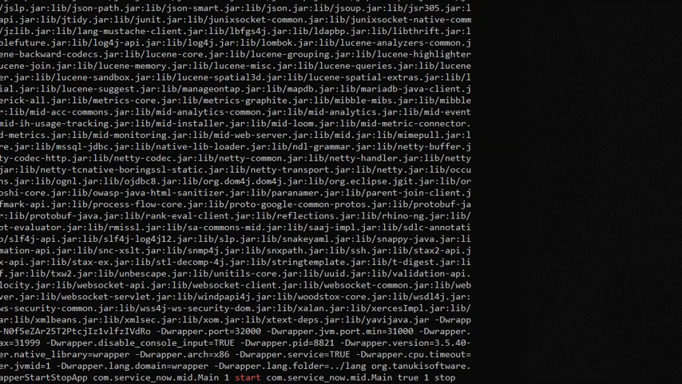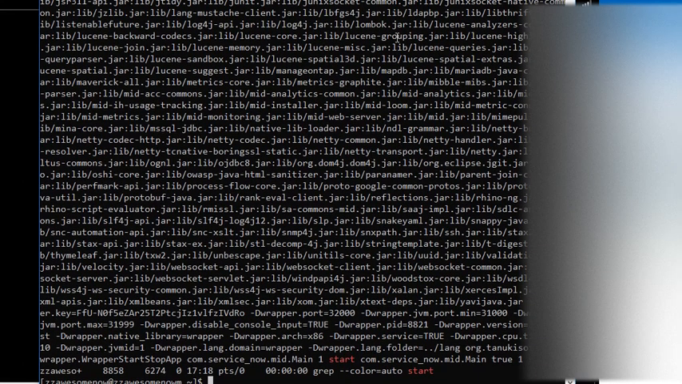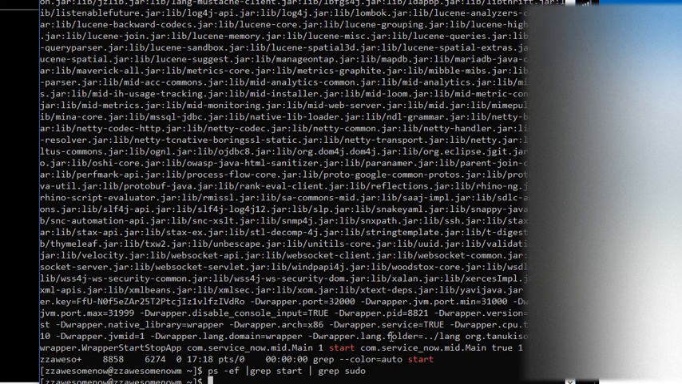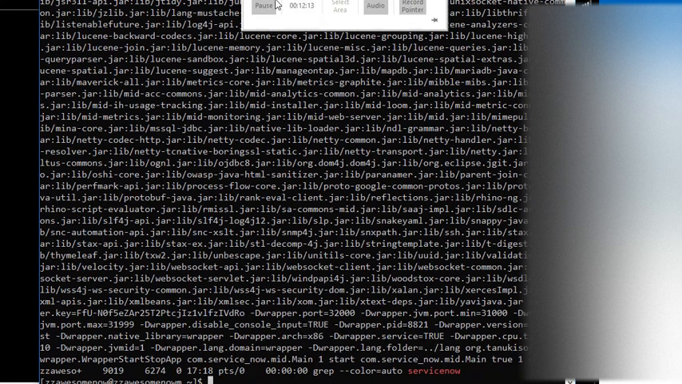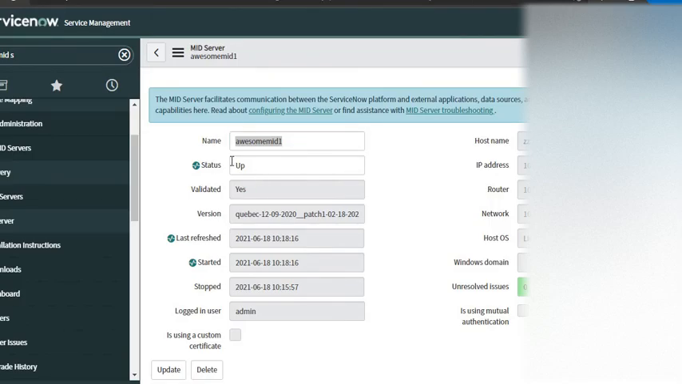Okay, let's try to minimize this a little bit. Yeah, so the start would have executed already, so that's why it's not coming up, but we can see that the mid server is not running, right? So I do a grep again ServiceNow, and I see that this whole process is coming up, which means the mid server is running. And if you go to ServiceNow, you can see that the mid server is up and